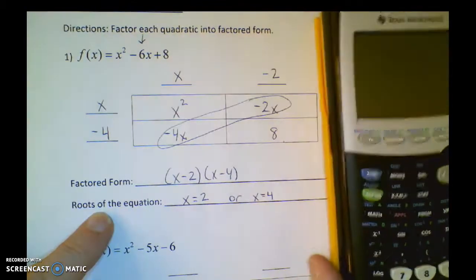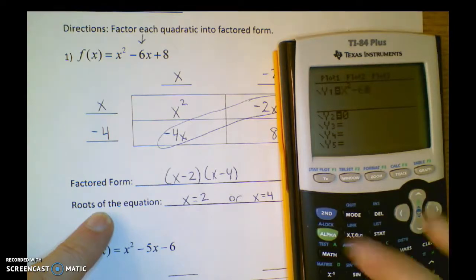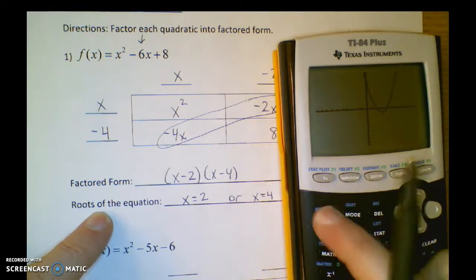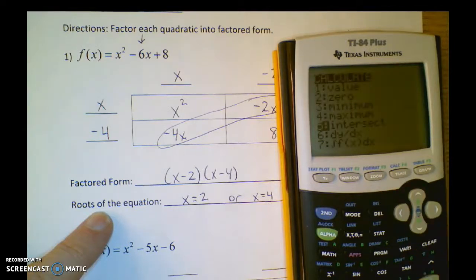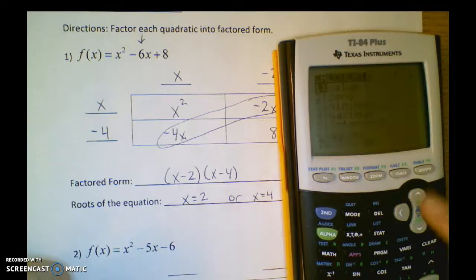Again, if you are uncomfortable with this, you could have graphed it and found the solution as well. If I just set y2 equal to 0 and do x squared minus 6x plus 8 and graph it, I can look and see where it's crossing the x-axis, and I can get the exact answer by doing second trace intersect and pressing enter, enter, enter. There's my first root, and then the other one,